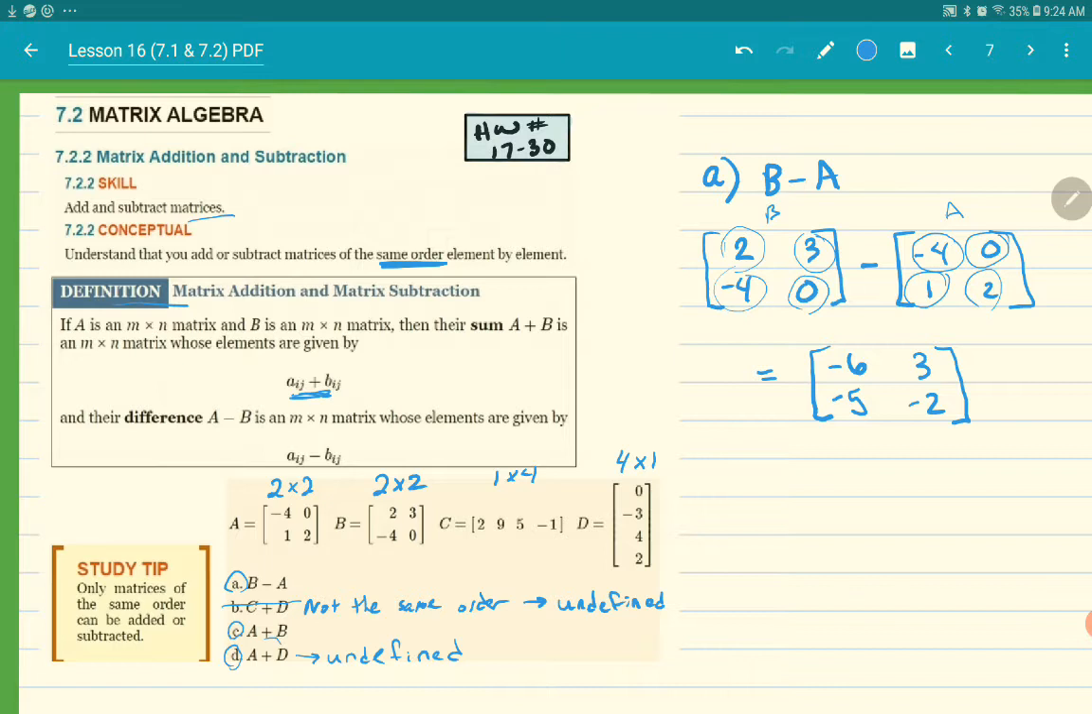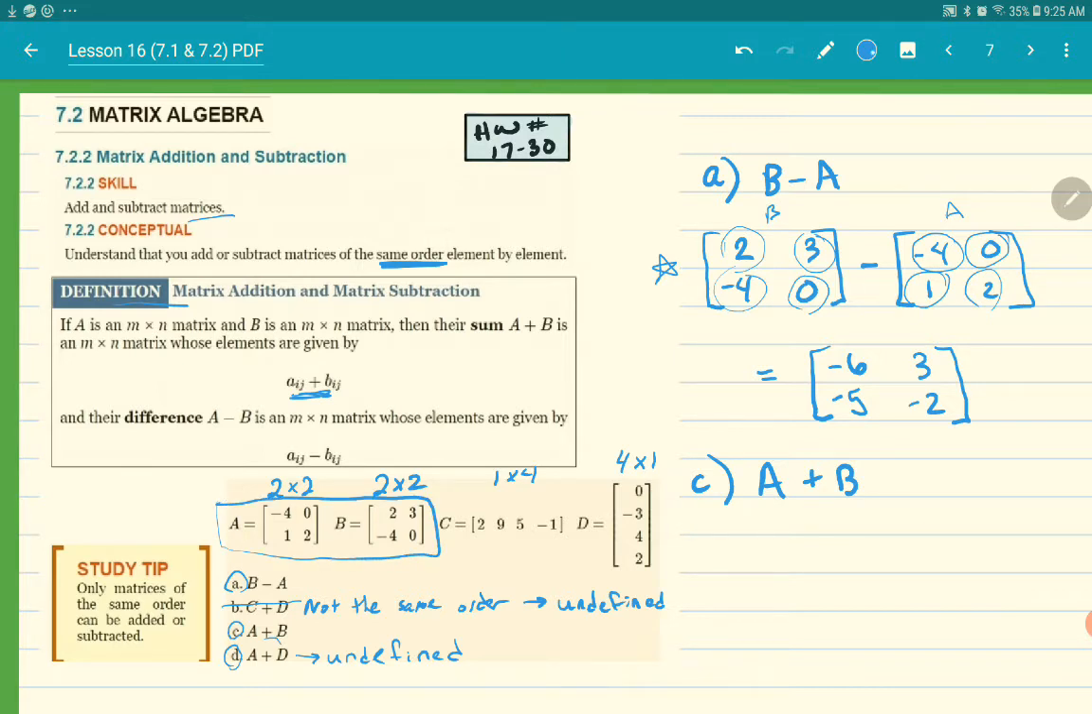B we decided is undefined because C and D are not the same order. For part C, I'm doing A plus B. So you'll notice I didn't really need to write this down. I can look at these right here and kind of subtract the parts. Same with A and B. So I could actually add these parts just looking right here. And what I'll do is